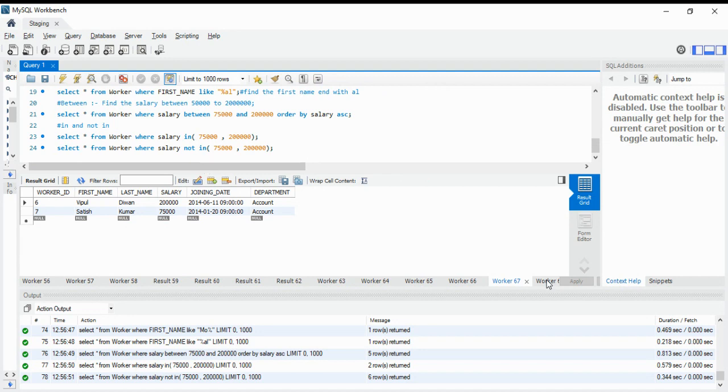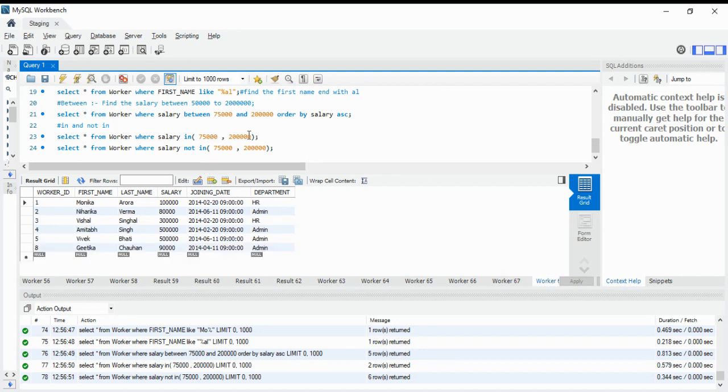And not in will give all the records except 75,000 and 2 lakh.